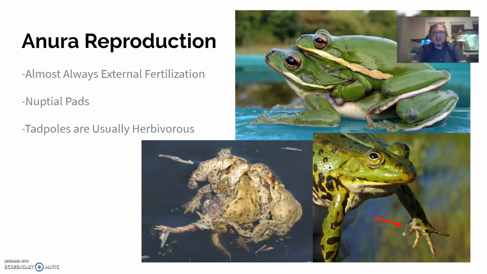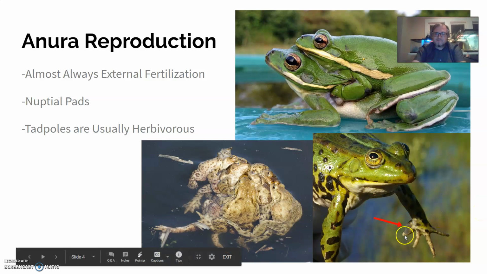When we talk about reproduction prior to the life cycle, it's almost always external fertilization, as I stated before. So again, there's no sperm that is entering the female's body in order for fertilization to occur. Most of it occurs outside of the body. The males have what are referred to as nuptial pads. So if you see here on this diagram of a male bullfrog that we have, this area here on this